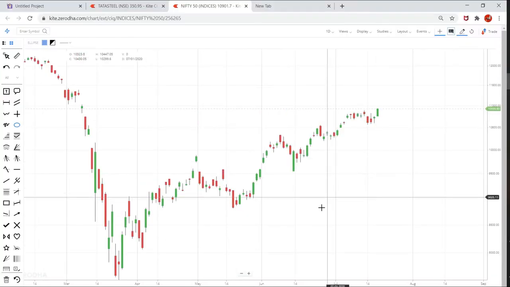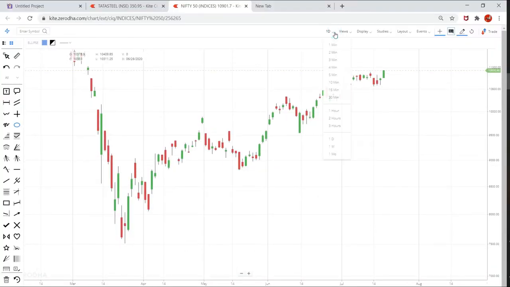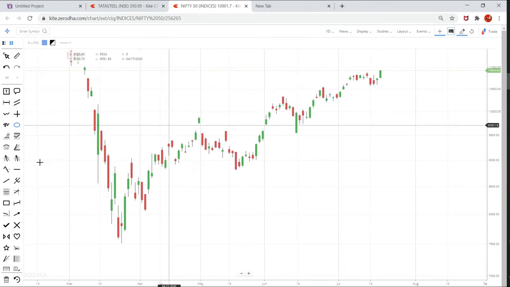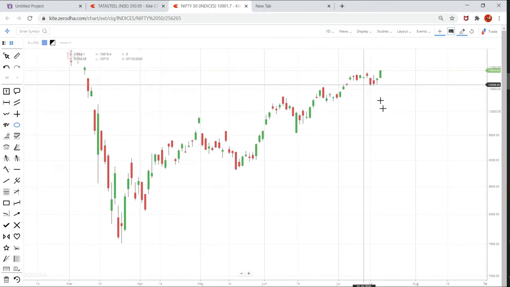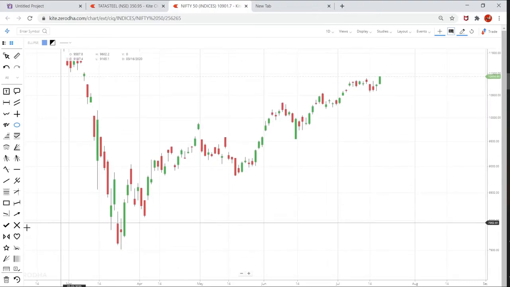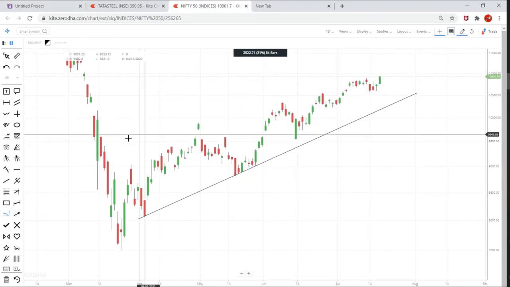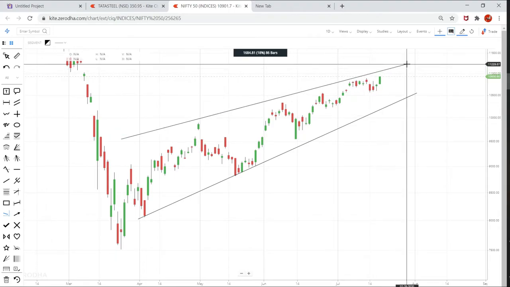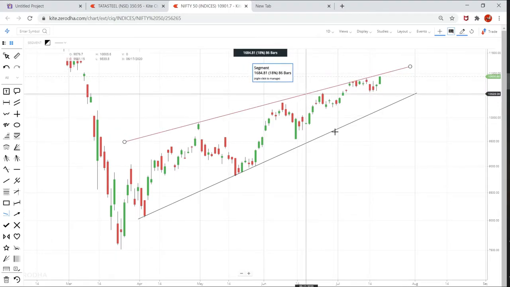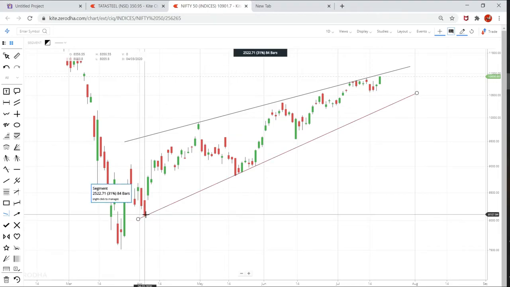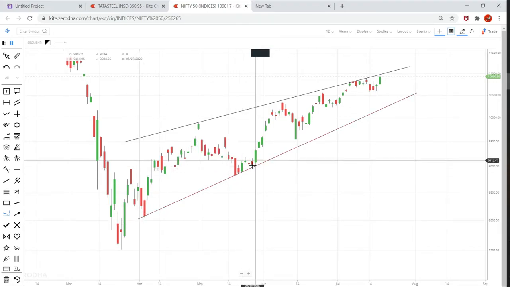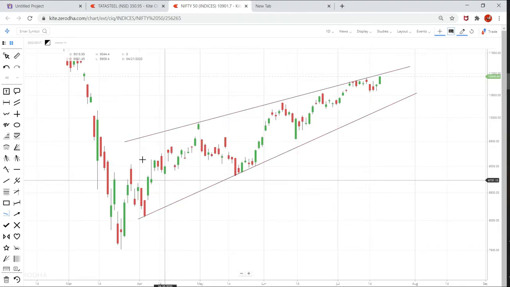I've opened the Nifty chart, and currently I'm on the 1-day timeline, and as you can see, the Nifty 50 chart is currently in an upward direction. If I simply draw a trend line here, this is how it looks as of now. A trend line is where you connect the lows of the chart and connect the highs. In this way, you get the direction of the chart.